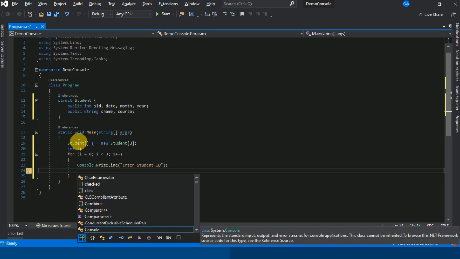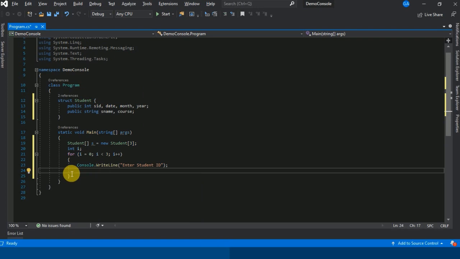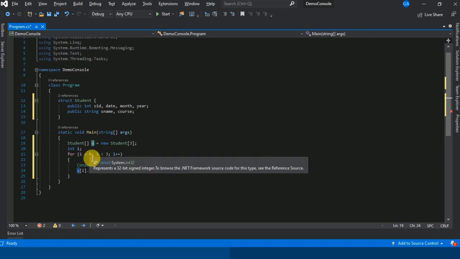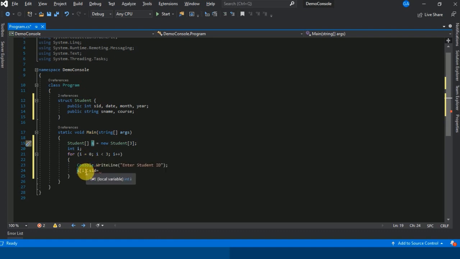So what I will do is S. Now note what I have done out here. S is this particular thing, i is my initial value 0. Whenever you talk in terms of an array, the indexing goes from 0. So for the first value of SID over here,